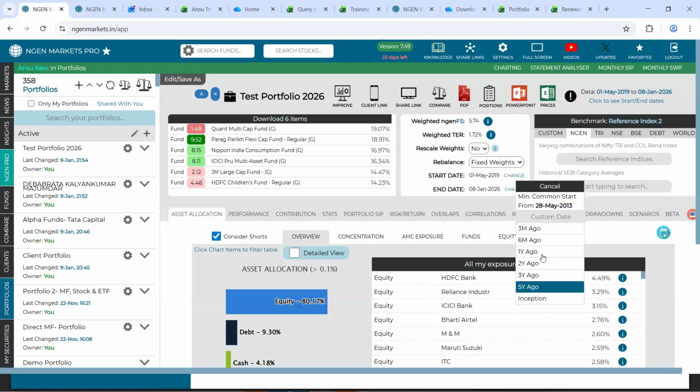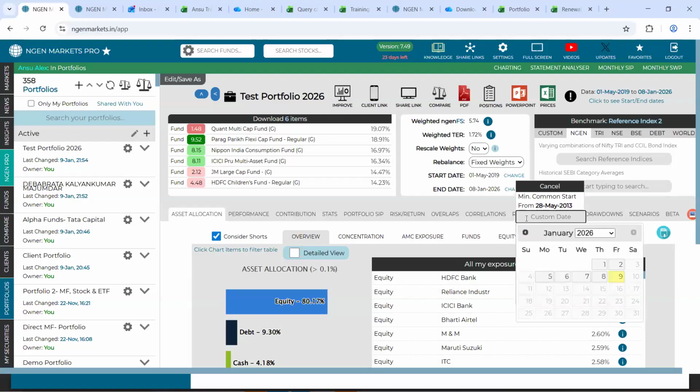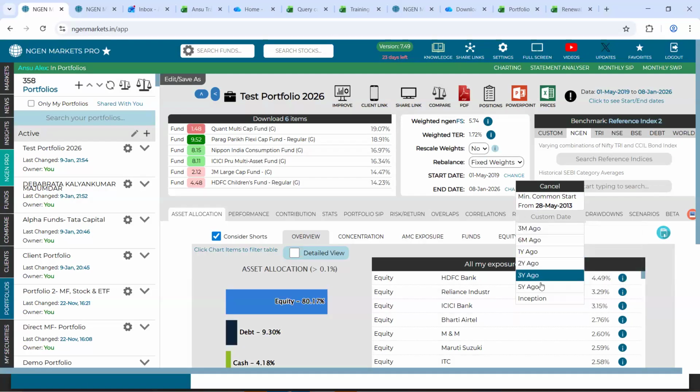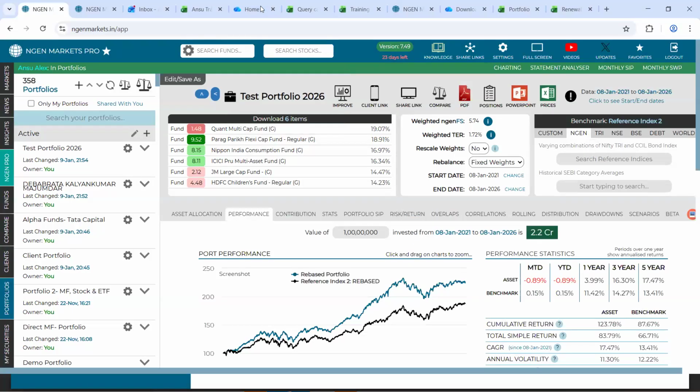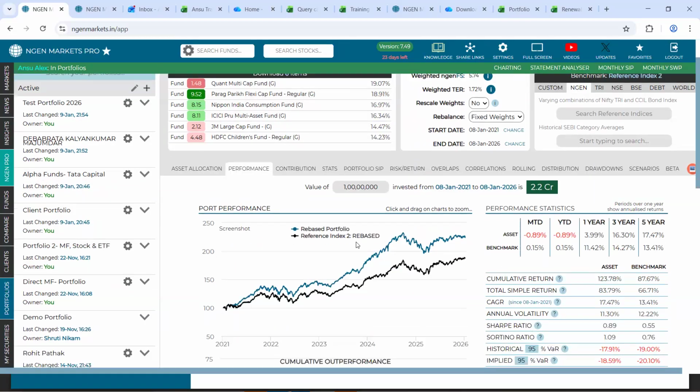We have provided certain predefined time periods. You can select and input your respective time periods as well. So let's say I take a 5 year time period for analysis. You can see the performance comparison is coming in for a period of 5 years.